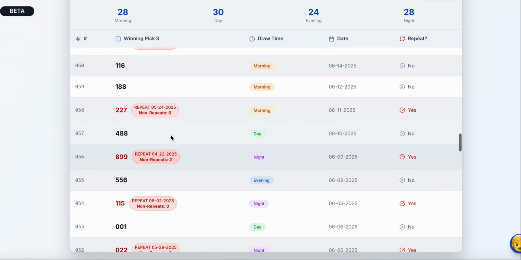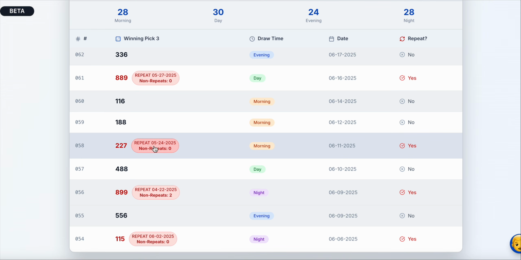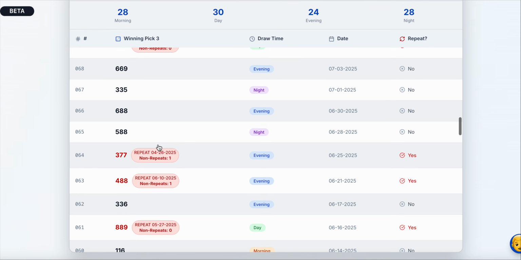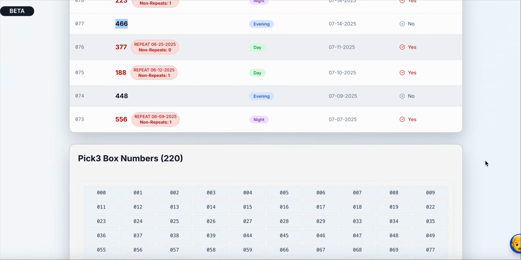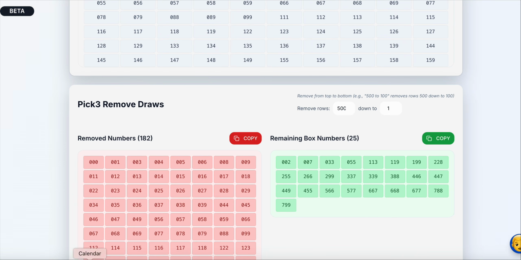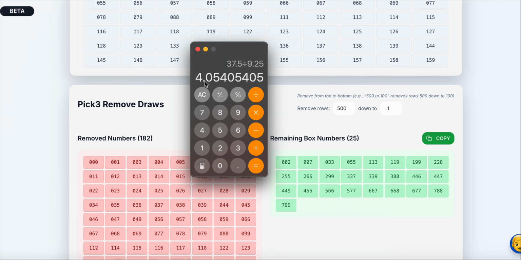So we're removing numbers based on what repeated. If we see what repeated, and we try to grab these, which are the non-repeats, that's how many numbers you have. 25. Now, if you're playing with 25, let me see how many draws you have with 25. Say you're playing on a certain site and you're playing 25 cents for that.